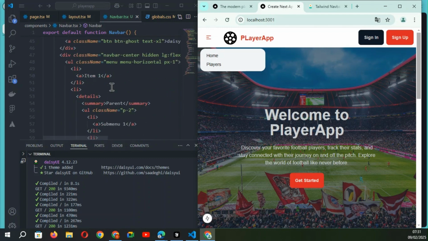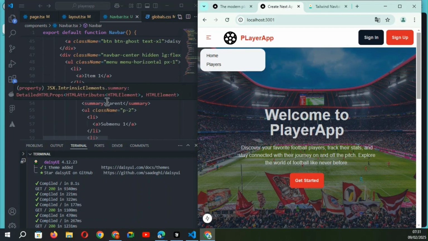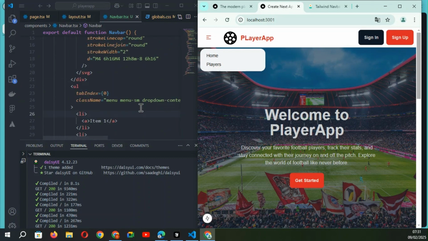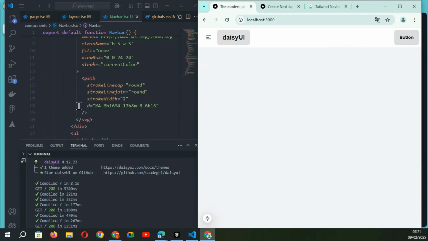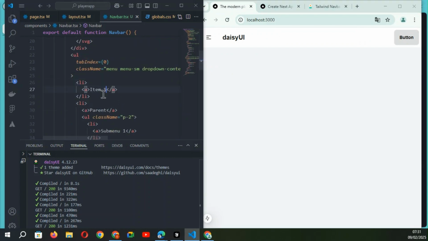And after we also have another Navbar link for desktop. So the first Navbar link is for the small device